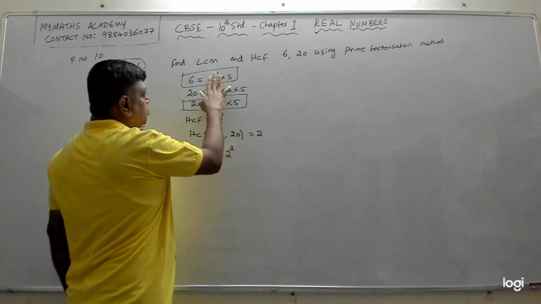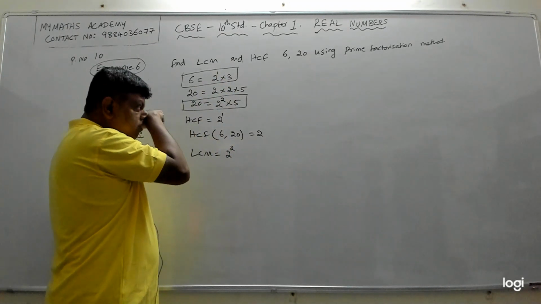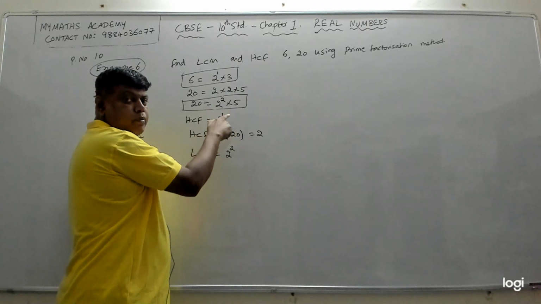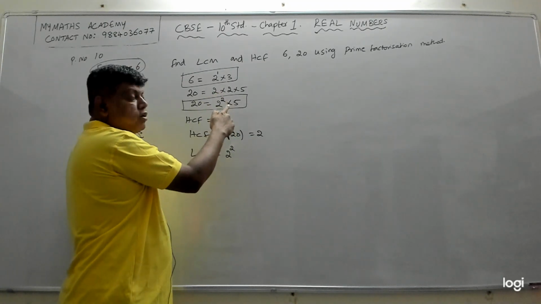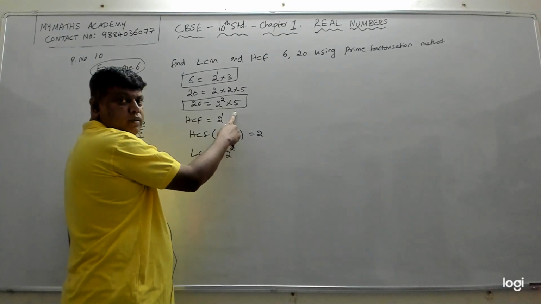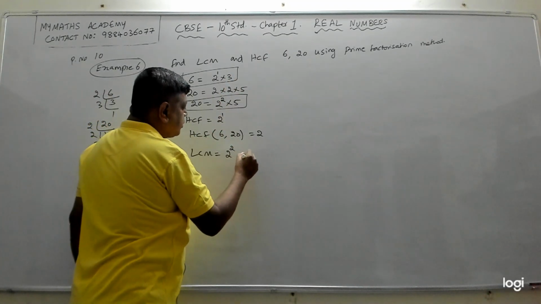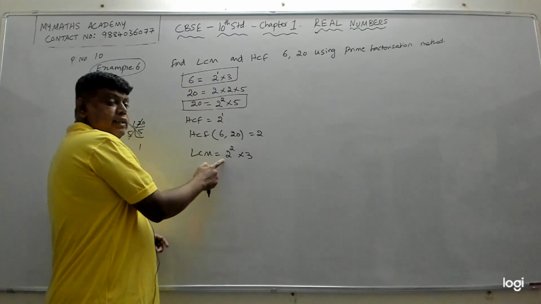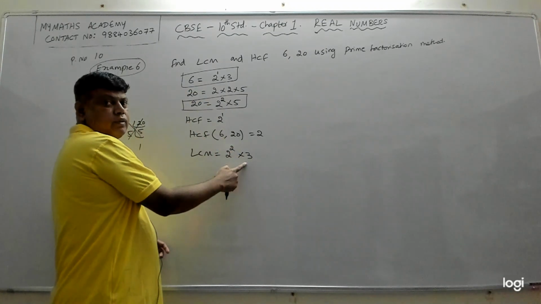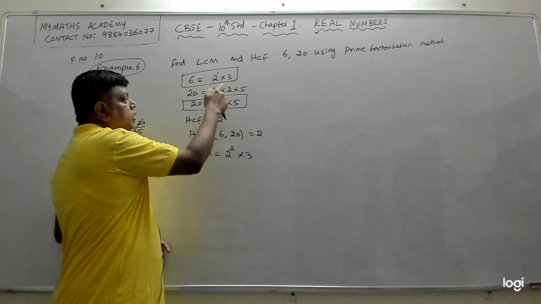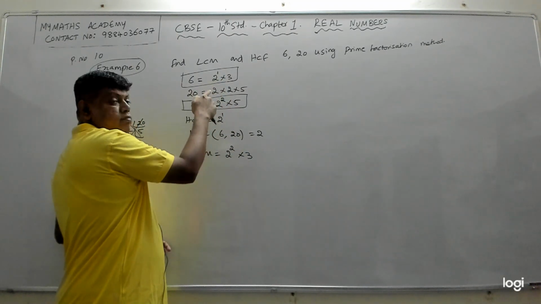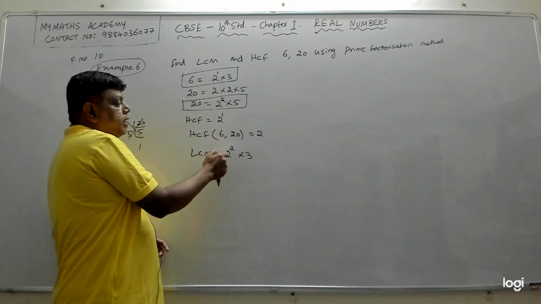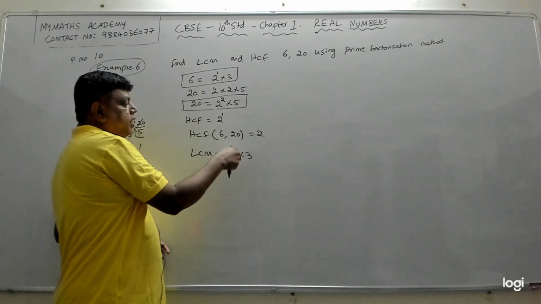Into, then 2 is over. Then take 3. Right? So you take 3 and check whether 3 is here. Suppose if 3 is here, you have to take the greatest power. If 3 is not there, here 3 is not there. 3 is only here. 3 is not there means you can write whatever is here. You can write 3 as it is. But for HCF, it should be in both. For LCM, even if it is in one of them, you can write that number. Either that 3 should be here or here. If it is in one of them, you will write it. If any number is in both, then you will take the highest power. If it is in one of them, you will write that.